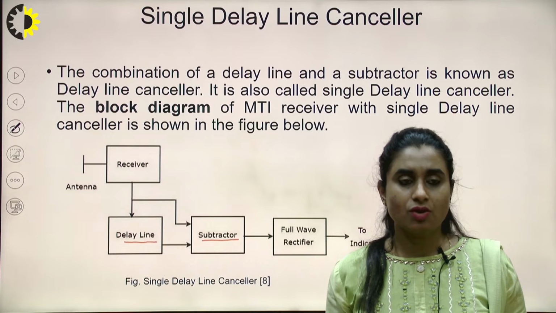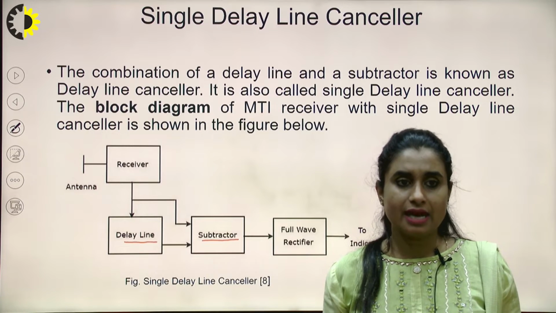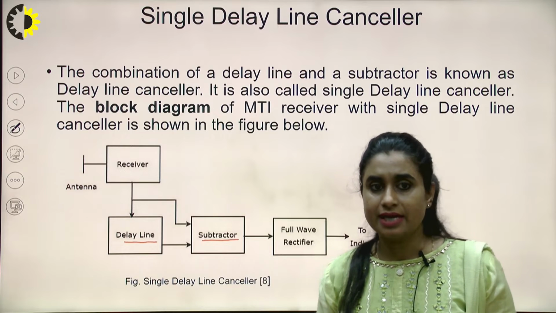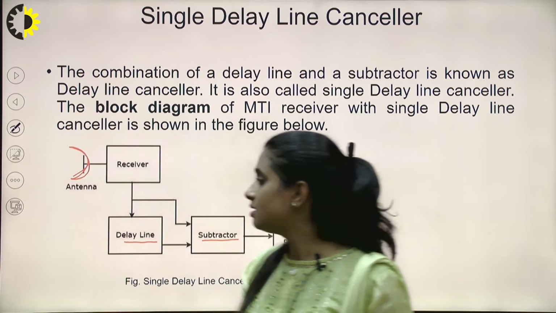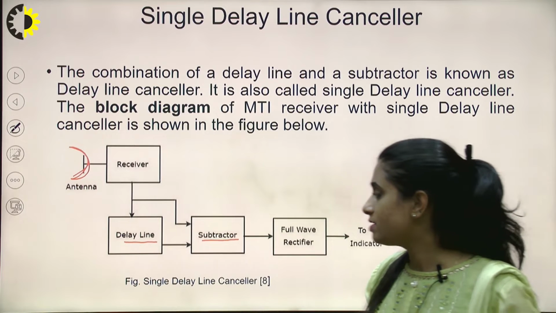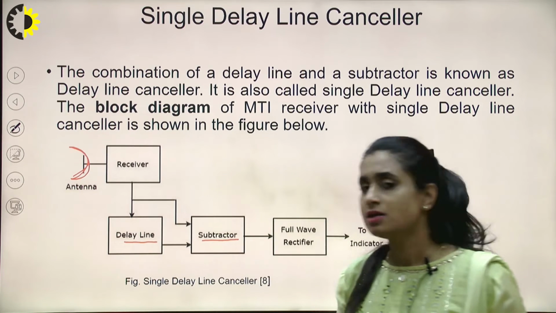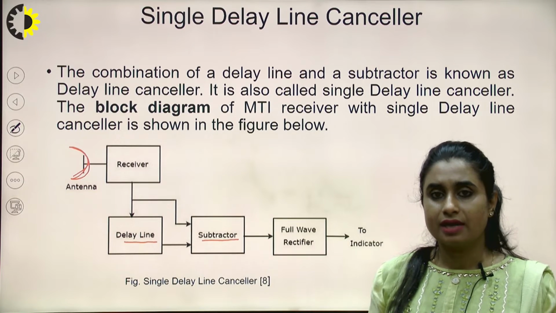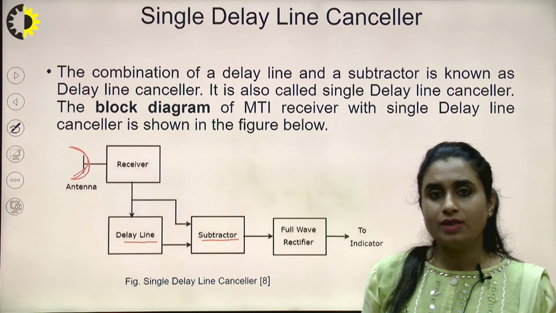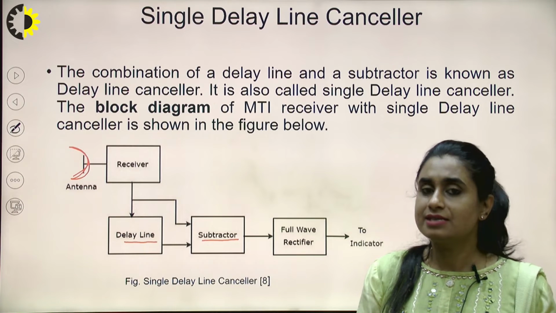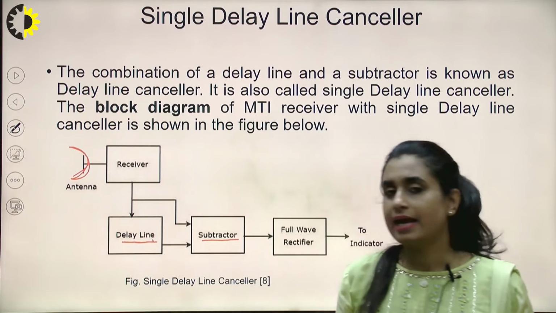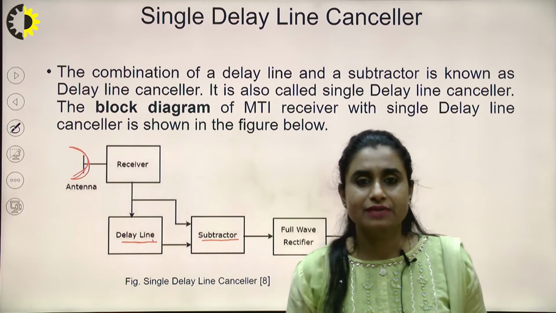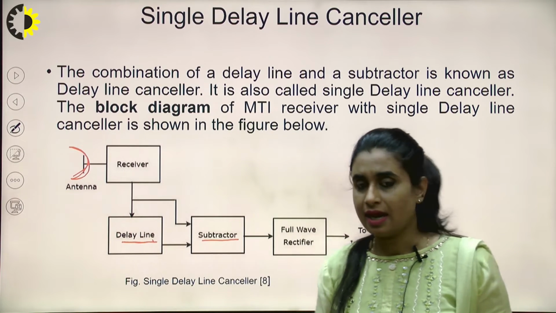So here, after receiving the RF signal from the radar wave, it first goes into the delay line so that we can compare the received input with the reference signal, that is the previously received pulse, right? So this delay line will help me compare my received input with the previous pulse, and with the help of